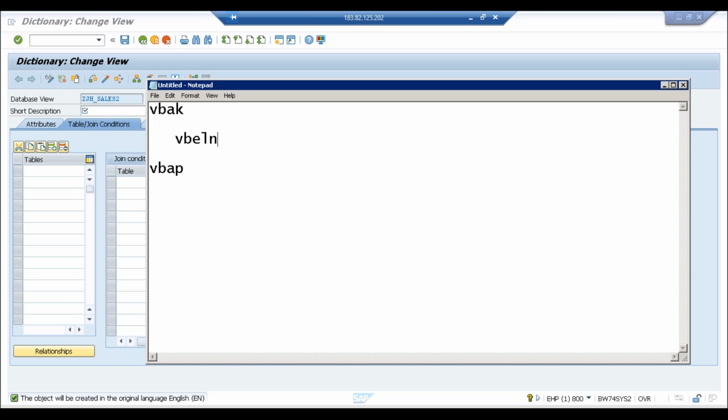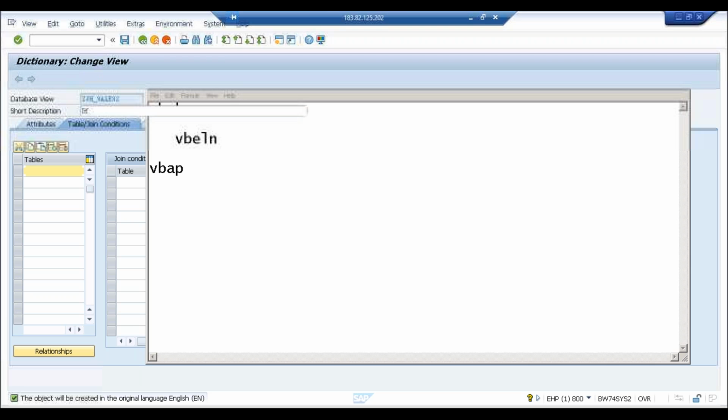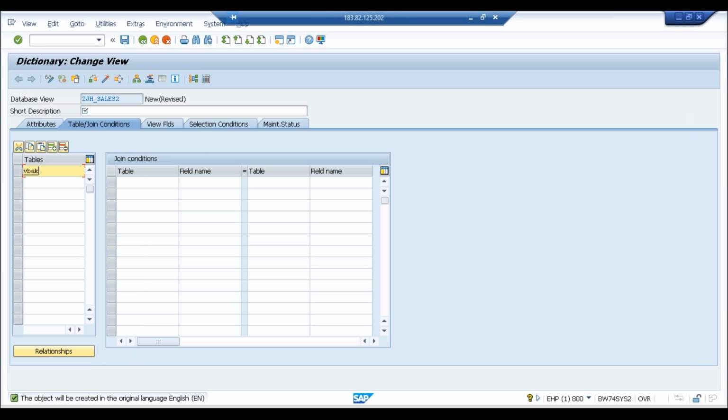There are two tables, and we have a common field VBELN. If there is no common field, we cannot combine the data. So now we have this VBAK table, which is the first table, and the VBAP table, and here we have VBAK-VBELN equal to VBAP-VBELN. Till here, if it is clear, then we'll proceed with the fields.